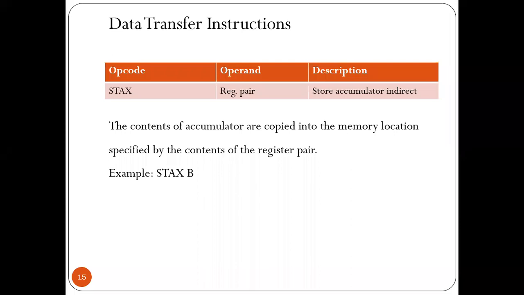What it will do is store the contents of the accumulator into the register pair addressed by it. Here, B means the BC register pair. Then we have the DE register pair, and the HL register pair. So we have three